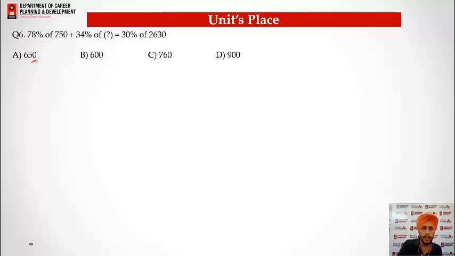So see, here we have all the options with unit place as 0. So which means we cannot solve this question with the help of units place. Guys, please remember, when you have all the options or more than 2 or 3 options with the same unit digit, you are not going to apply the units place method in that particular question. But we are not limited to a single method. I've already given you another method named digital sum. So we will apply digital sum to solve this question easily and to save our time.